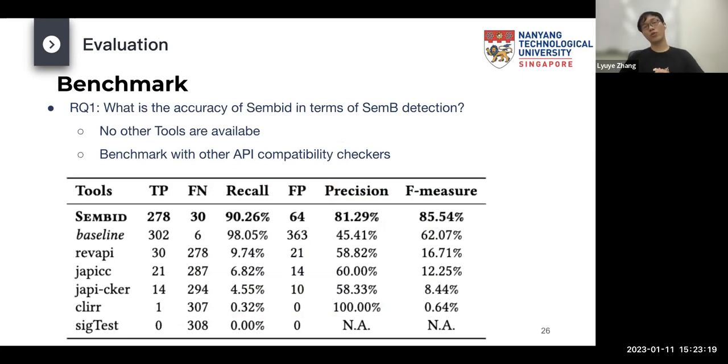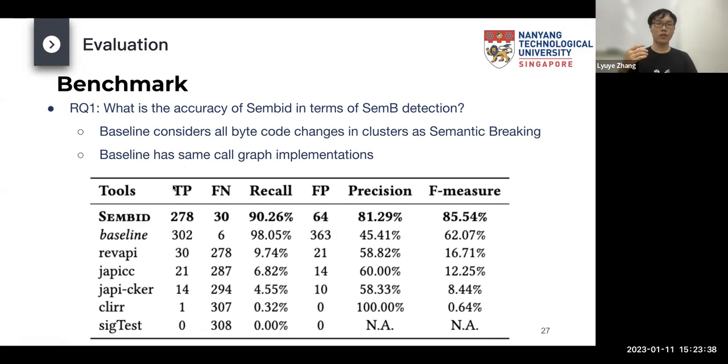To evaluate our tools, we construct a benchmark dataset because there's no such dataset available for semantic breaking changes. So we first construct a dataset, and then we collect some other tools. Since there are no other non-static tools available, we just collect some API checkers. And to further evaluate the ability of our tool regarding false alarm reduction, we develop another baseline tool which